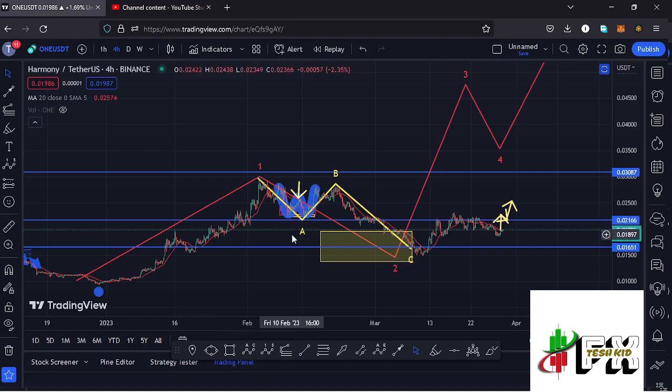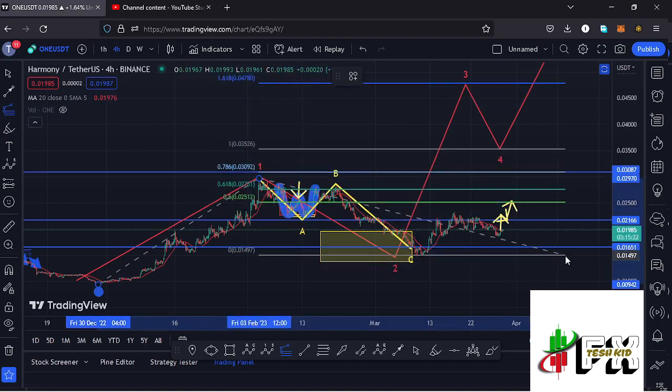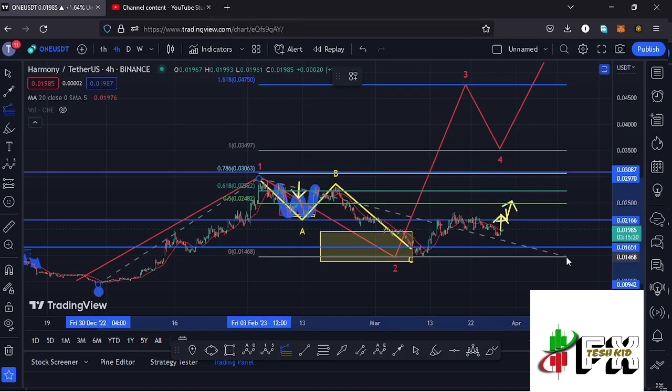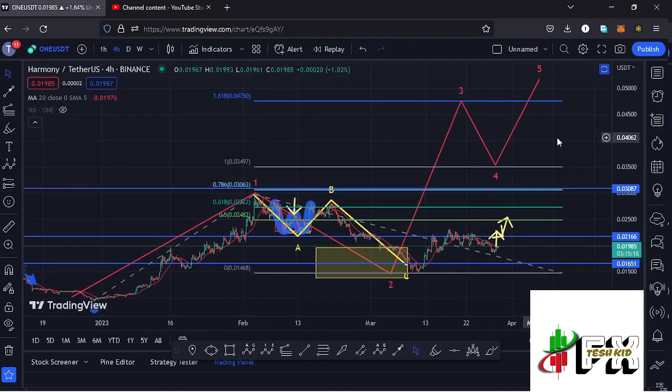Allow me to first sketch out a target area to the upper side in the formation of that wave 3 using a trend based Fibonacci, connecting it from the low of the first wave to the high of that wave 1, then dragging the fibs to the low of the second wave, and that now gives me a target area to the upper side in the formation of that wave 3 at the fib level 1.618, and that is at around the $0.0475 mark,